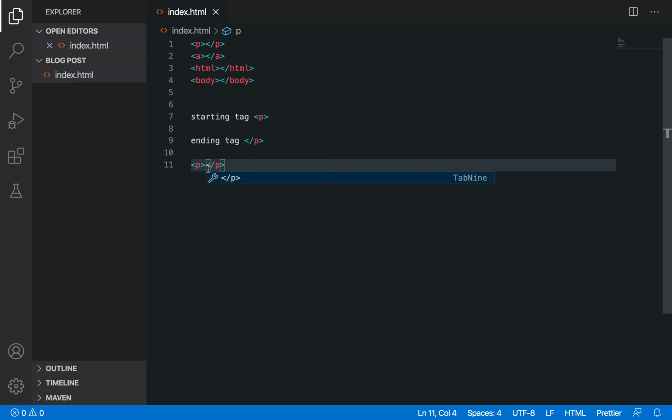And whatever content I am going to write between these two tags, let's say if I write here this is a paragraph, then friends this thing is actually going to be represented as a paragraph on my web page, okay. I will show it to you very soon. So this is what tags is meant by in HTML.